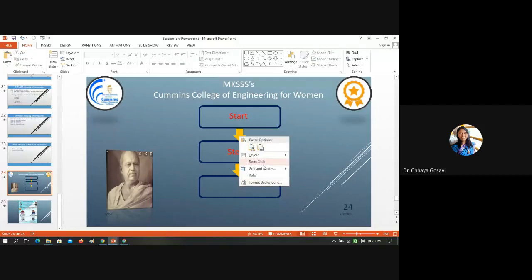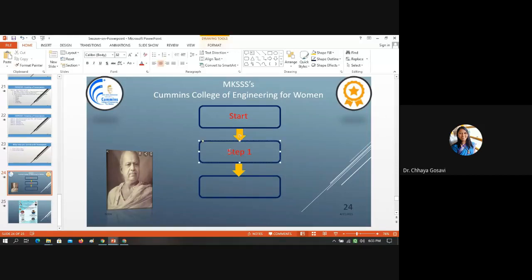Here also I'm adding a text, step 2, suppose. I'll just copy this, Control C and Control V. Step 2. Copy the format and